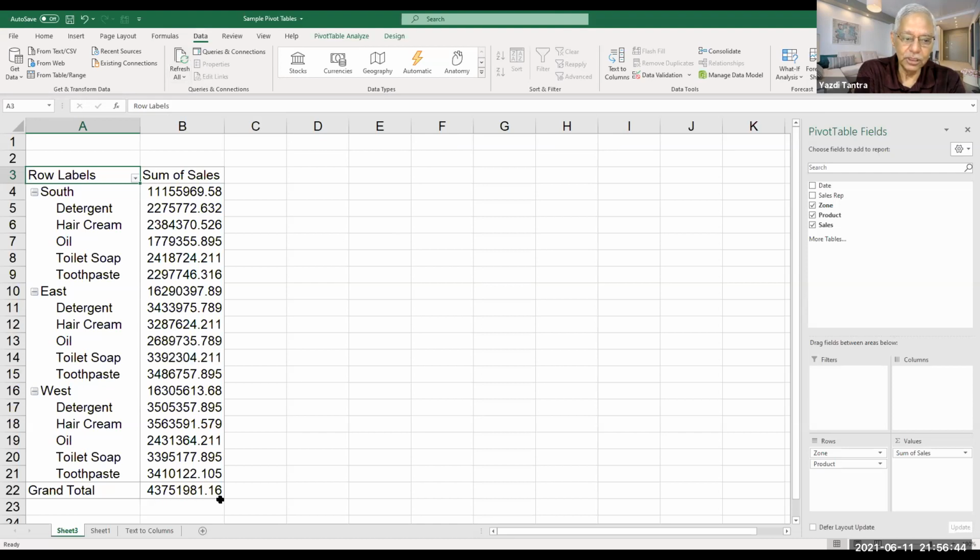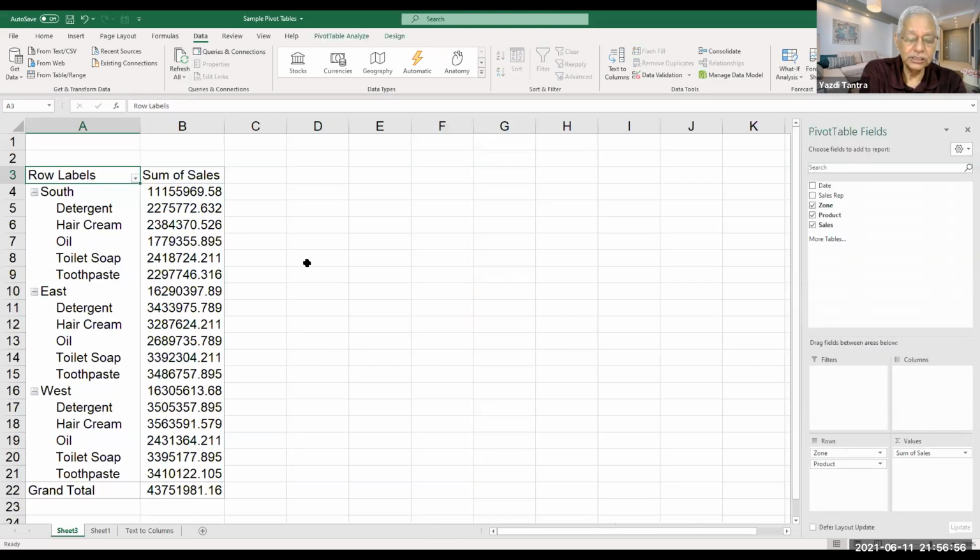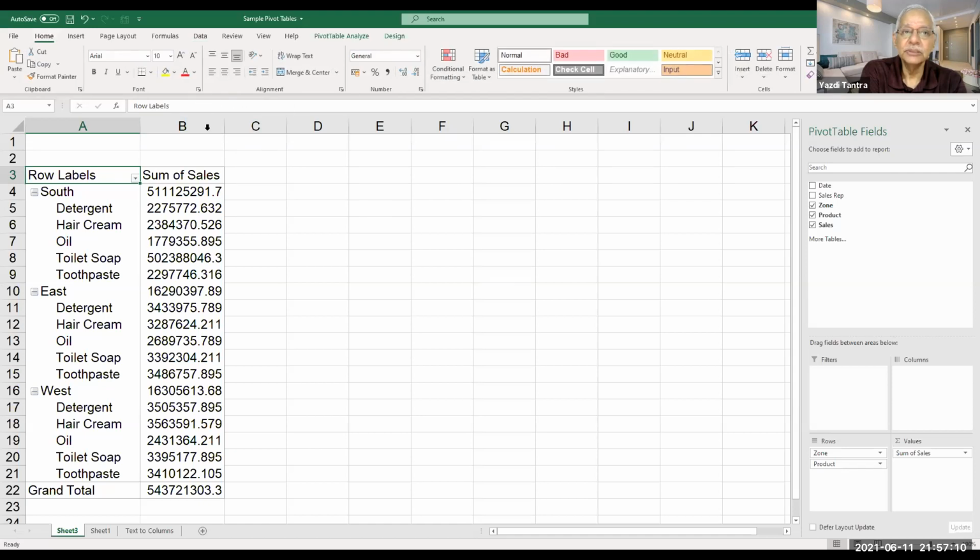So if the grand total is this, and if I go to sheet 1 and put a huge figure, you should be able to see the difference, correct? Go here, just now there is no change, just go to data and say refresh all. Now the entire thing has changed. One minute, I'll just again remove the decimals so that it becomes easy to read.